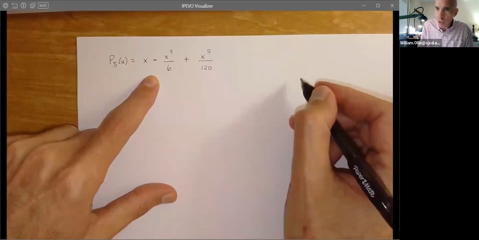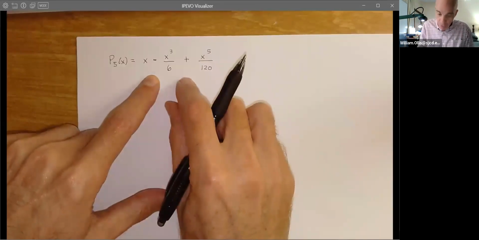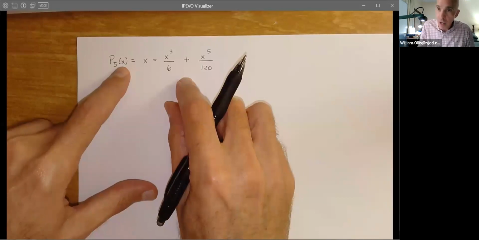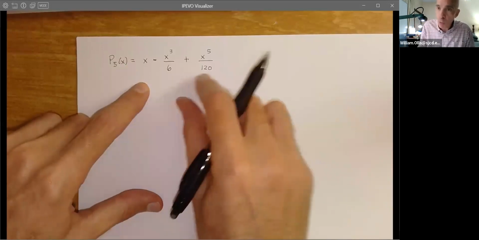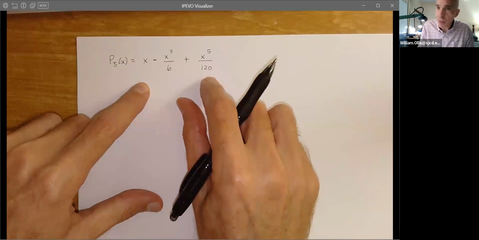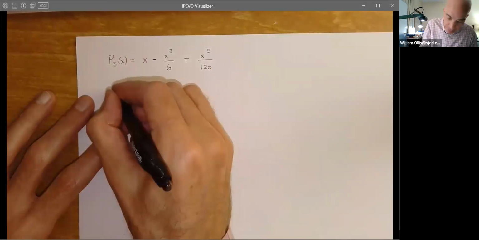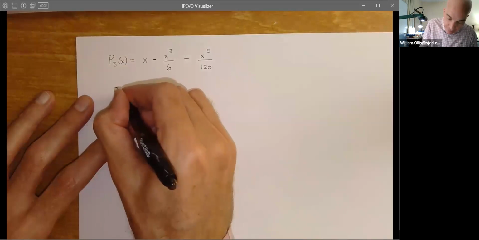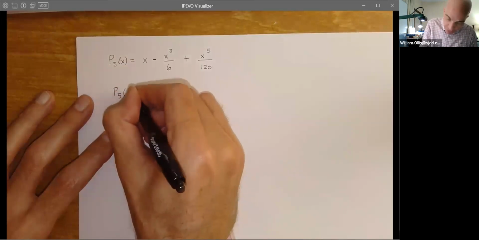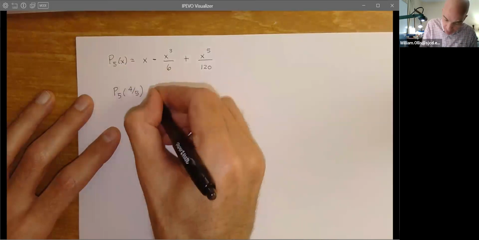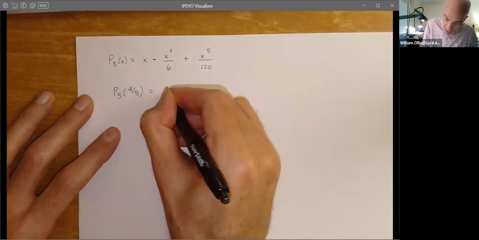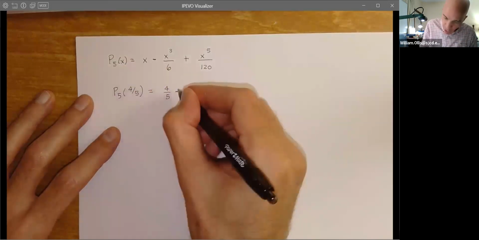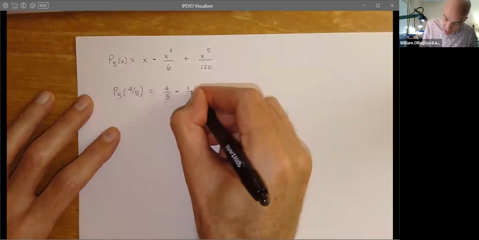That is, if we use our Google calculator, we can take P5 of 4/5, and that will be our error less than 1 over 1,000. So now we can see that P5 of 4/5, which equals 4/5, this is how your calculator works, minus 1/6,